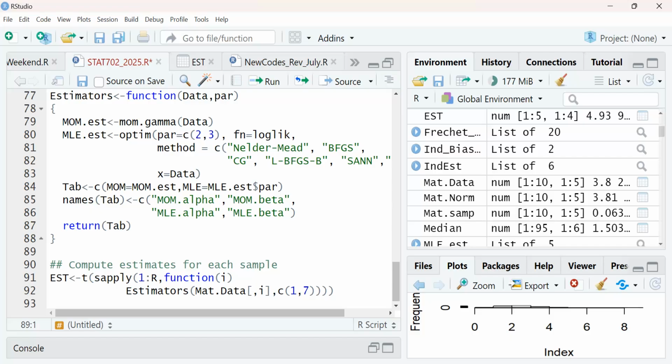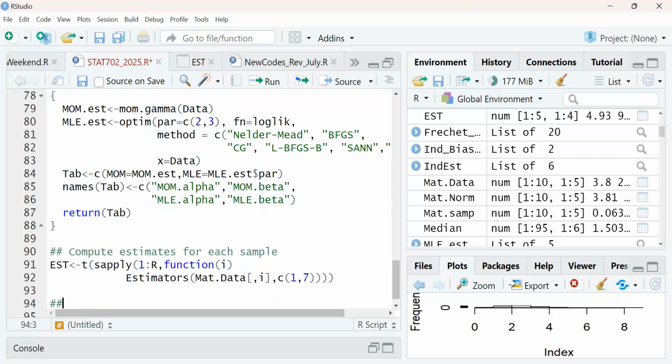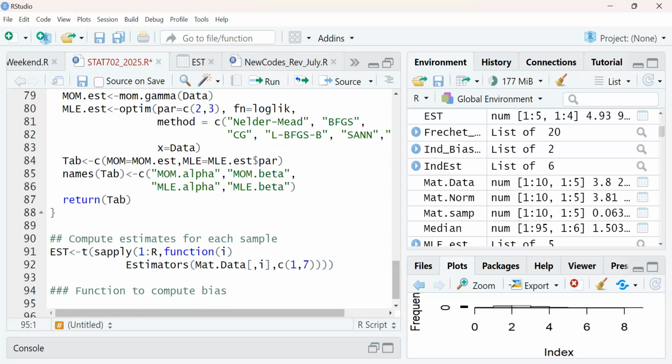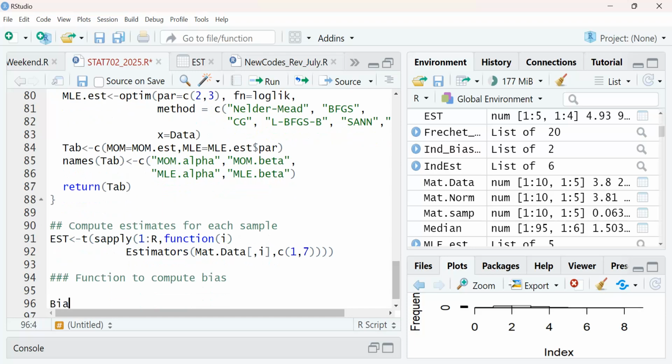So that's it. Let's try and do that quickly, and then I think we can close so that when you go, you can go through it. Okay, so now a function to compute bias. I'm going to do it individually, then you do it. So bias.fun will be equal to a function.